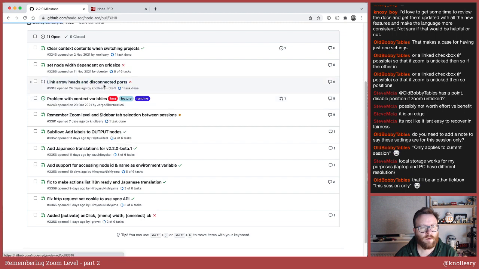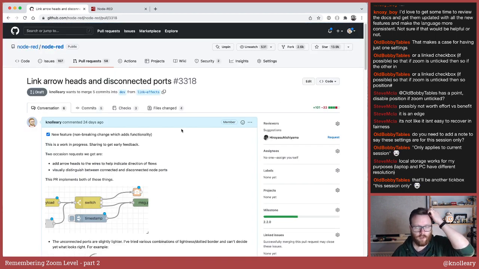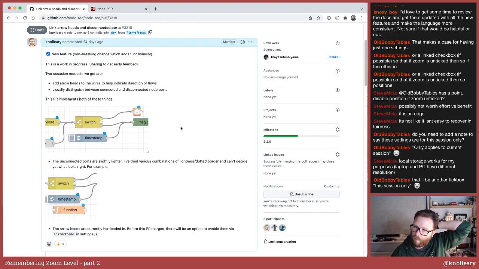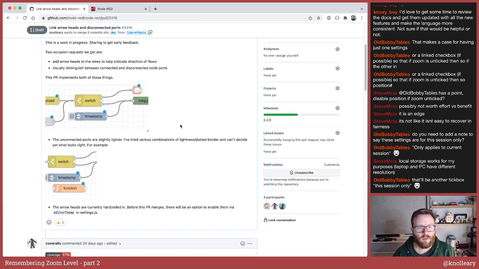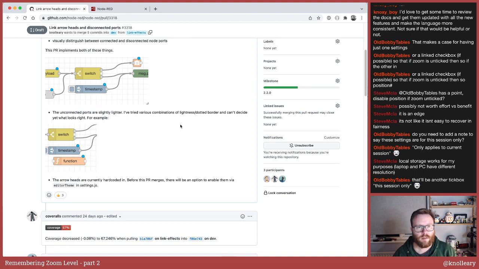There was this pull request, which we've not looked at yet, which I'm not going to put into 2.2. There's too many things going on. It's one of those I would rather have got into a beta and get feedback on. I mean, one is having arrowheads, and this is not actually part of this pull request, which is one of the reasons it's still in draft, is this would be an option.